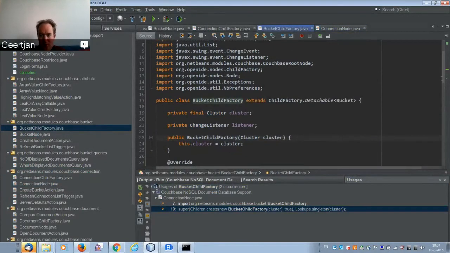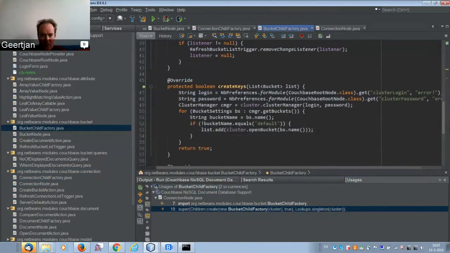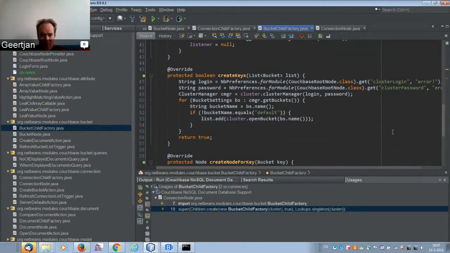So in bucket child factory, we should be able to... okay, so here we are. And we get a bucket. Actually, here we remove the default bucket. I guess there's one called default. We remove it. Now, hold on. Why do we remove the default bucket?